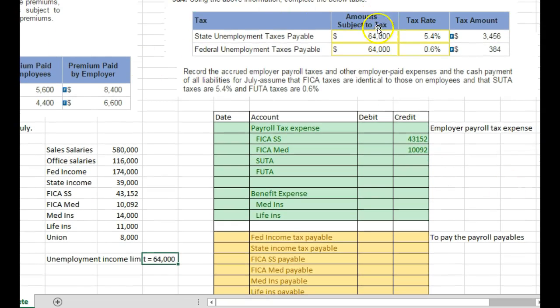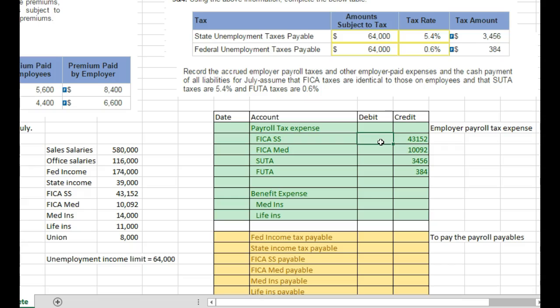And that was multiplied out for you. Amounts subject to tax here, and one was 5.4 and one was 0.6. And those amounts go right here. So it's 3,456 and 384. Now, if we add these up,